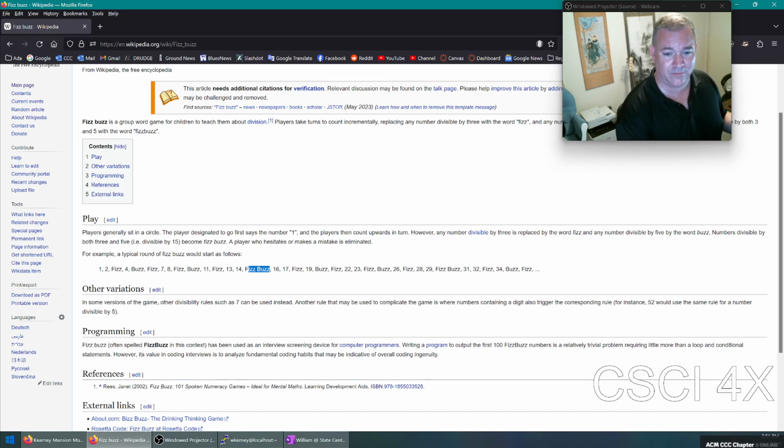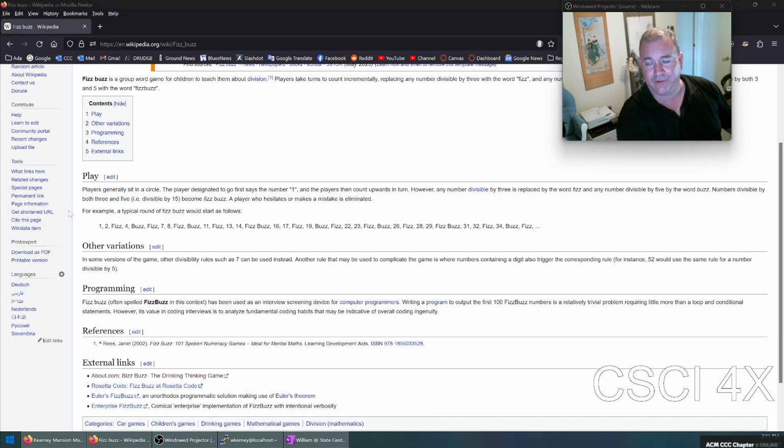Any number divisible by 3 and 5, you print FizzBuzz instead. I'll give you guys 15 minutes to do it. Time begins now. Okay, so one of the fun things about FizzBuzz is that it is not only a drinking